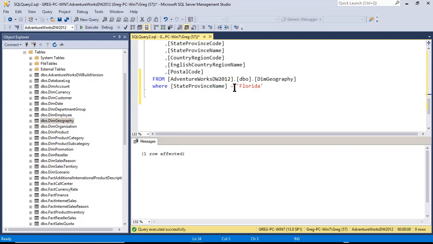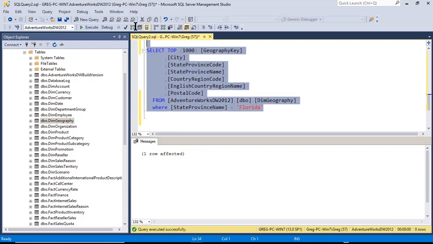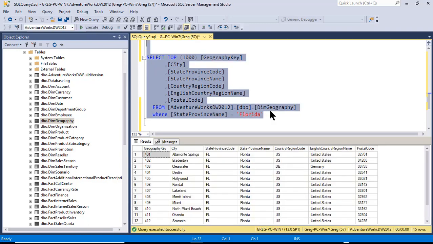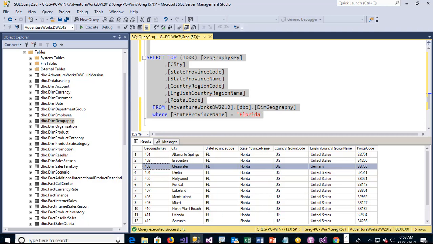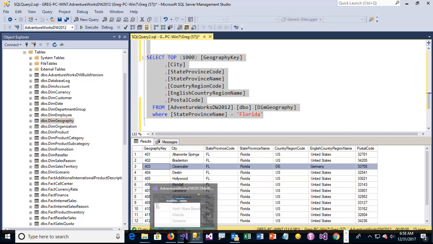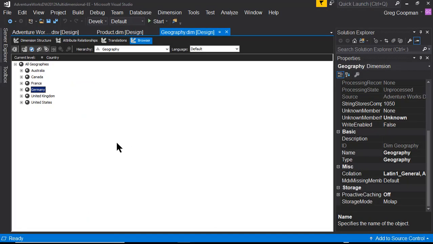So let's go back over and we can look at where province is Florida, right? And as you see in this row here, the Clearwater has been changed to Germany. Now let's think about this. What effect is this going to have on our dimension? Well, when we go back to our dimension rather,